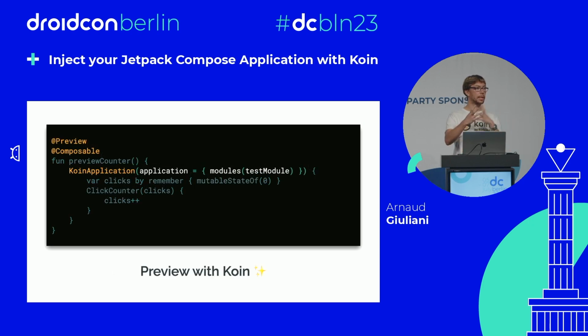That means that instead of having to rebuild completely all your configuration for preview, because, for example, you are making a preview on a component that is using a view model, you can bind it directly with the Koin application instance and say, okay, this is just a test module to help me preview this view model. And it's quite easy to set up and helps you avoid having the overall complete configuration inside.